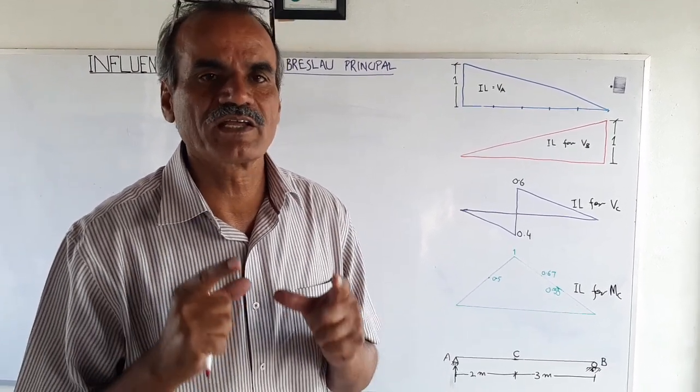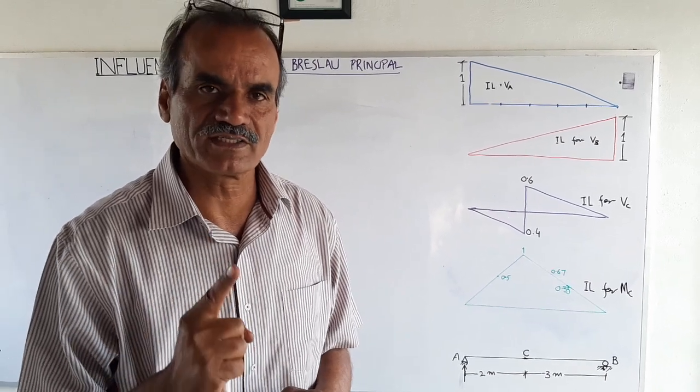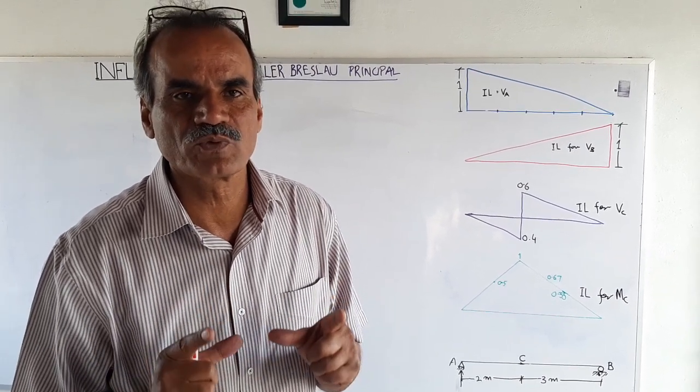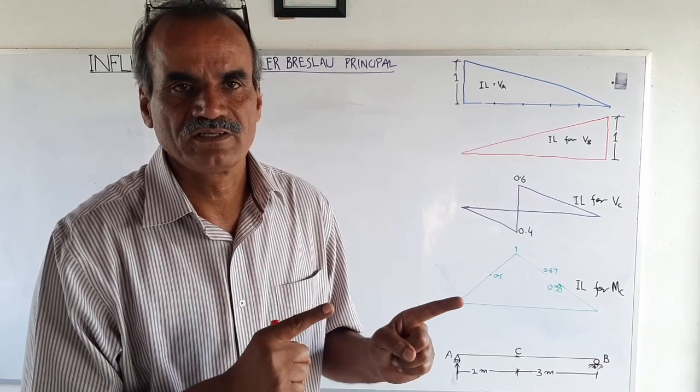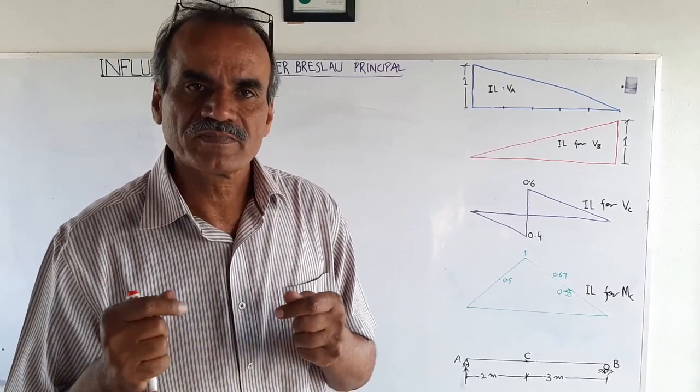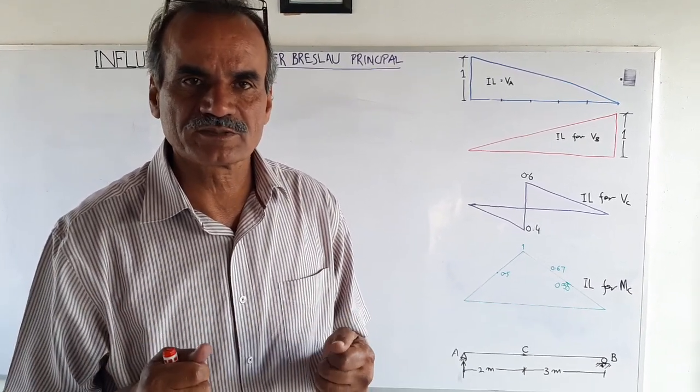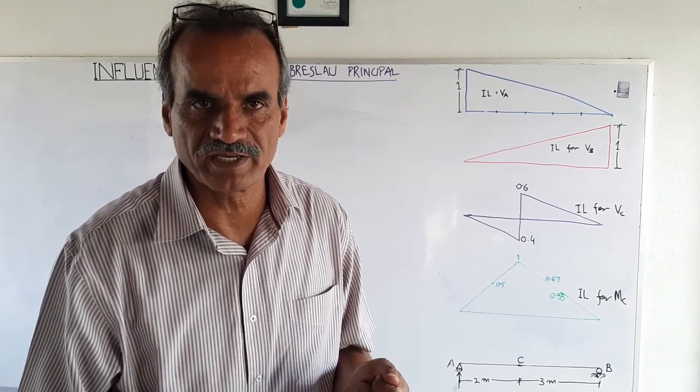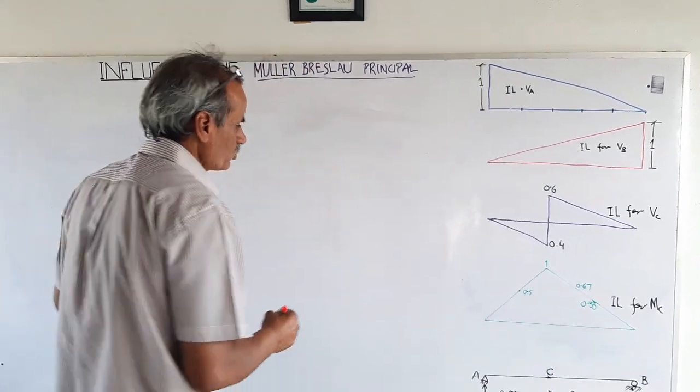Now just imagine how we can snatch this property from the beam, so that it does not offer resistance to the bending moment. There is only one thing: we provide a hinge at C so that the bending moment is not resisted, because a hinge does not resist the bending moment. So we do like that.